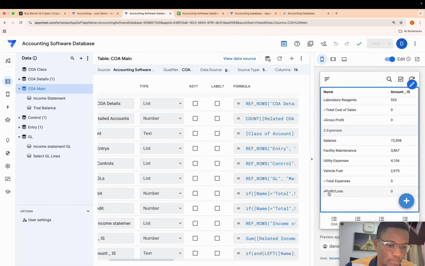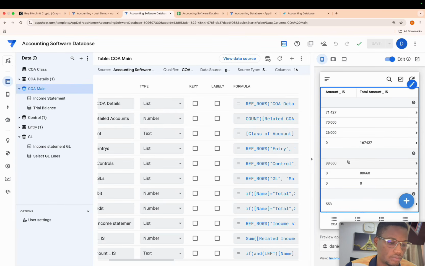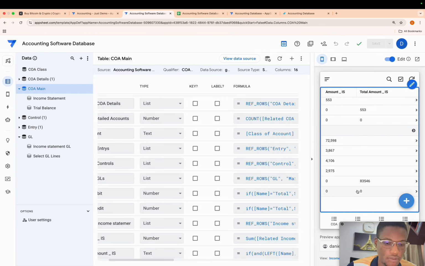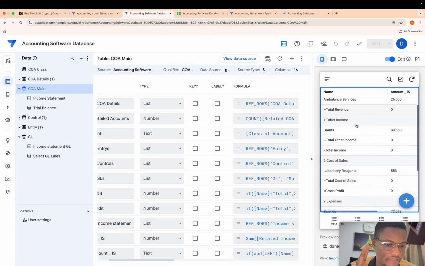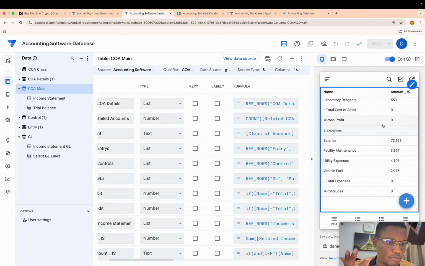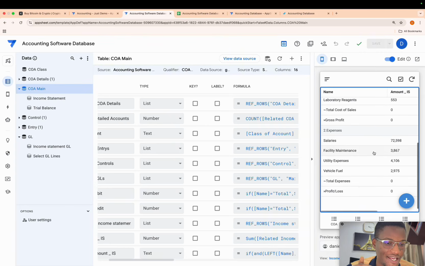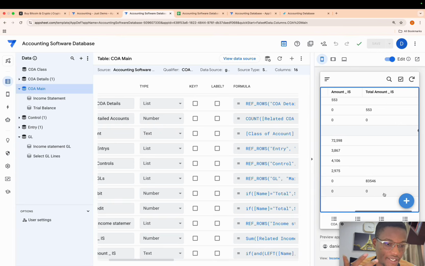Good. You realize that the profits, gross profit, total income, are all not showing anything, right? They are all zero, because we said if anything else, give me zero. Now, these three operate differently. Total income, which is the sum of other income and total revenue, is very different from how gross profit operates. Gross profit is the difference between total income and cost of sales. Completely different. And then profit is the difference between gross profit and total expenses.